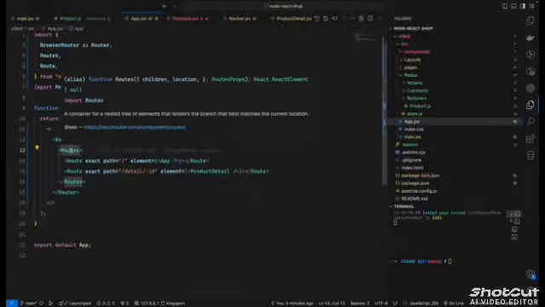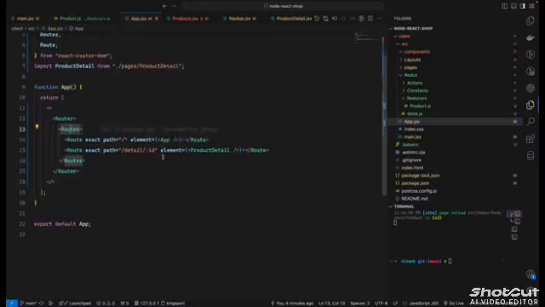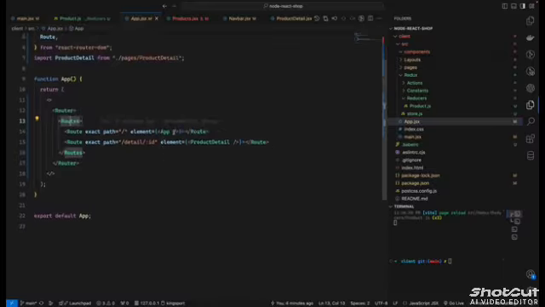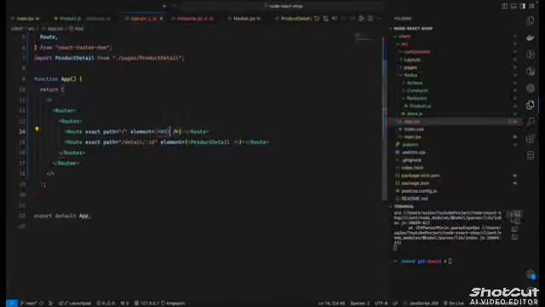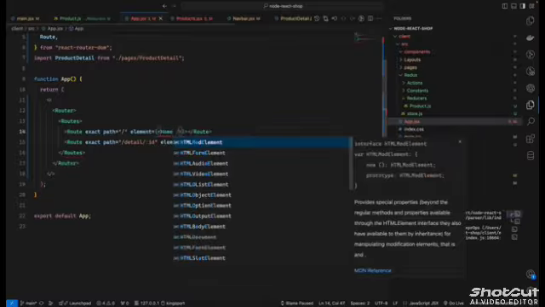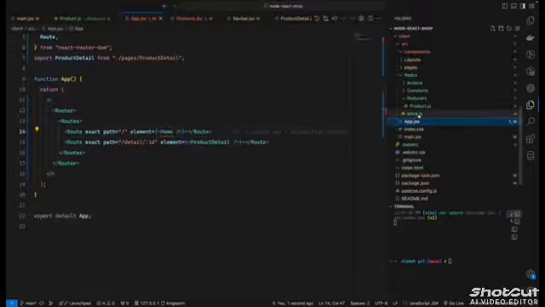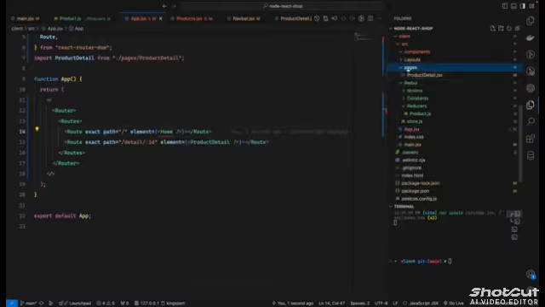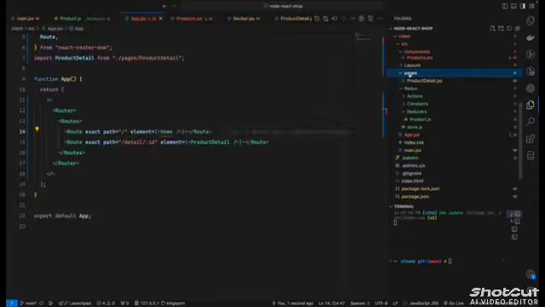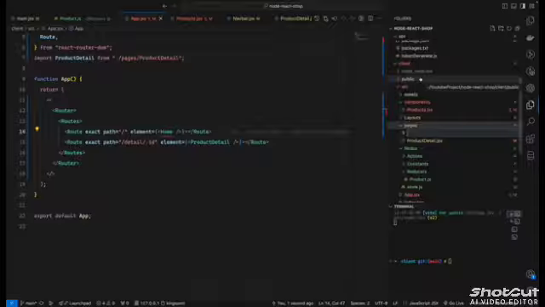Router routes, and then okay, so inside the here we are using app instead of using home. We have to use home. That's home will be from pages, so we should have home inside the pages, but we didn't have the pages inside the home. So I will create the another one called